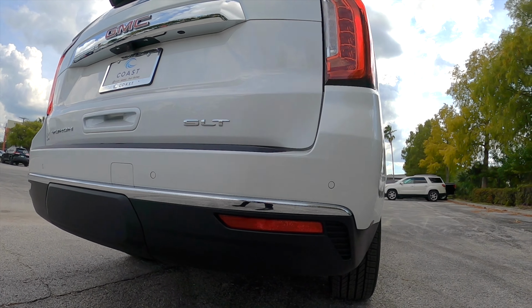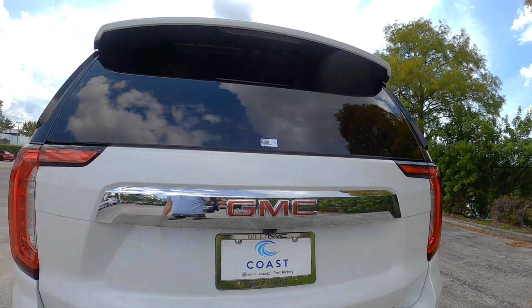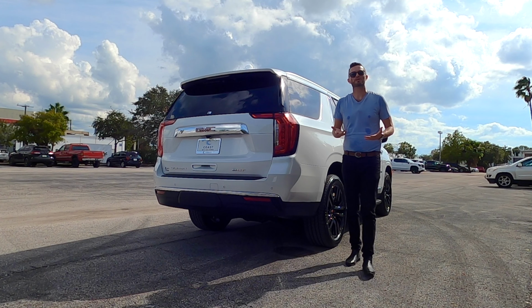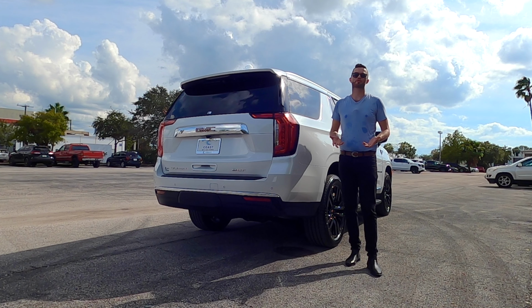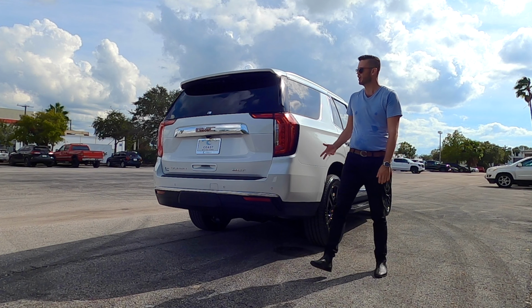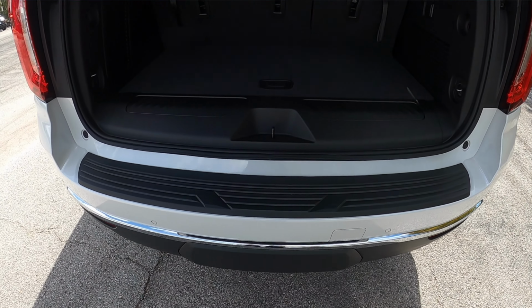You get some vents on the side, chrome surrounding the whole bottom, towing up to 8,400 pounds. The Jeep Wagoneer nearly 10,000 pounds. But if you need that much towing, go to a 2500 Silverado and you could tow over 14,000 pounds. You could tow a large boat with this, going inside to your power tailgate, starting with the cargo at 25.5